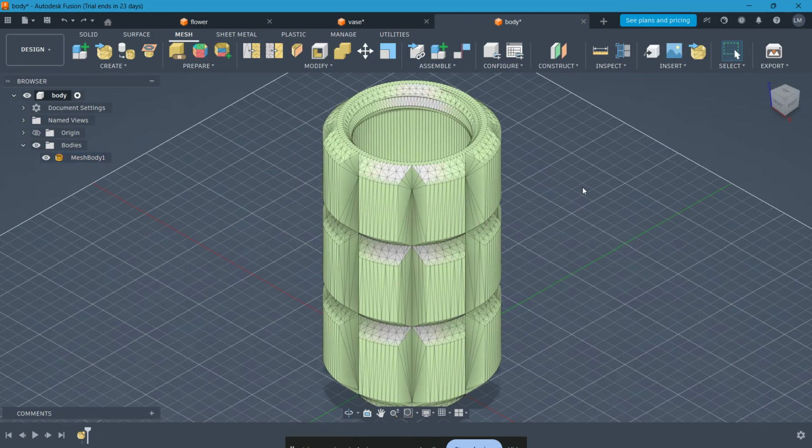And that's it. You should now be able to fix Fusion 360 simulation meshing errors and get your analysis running